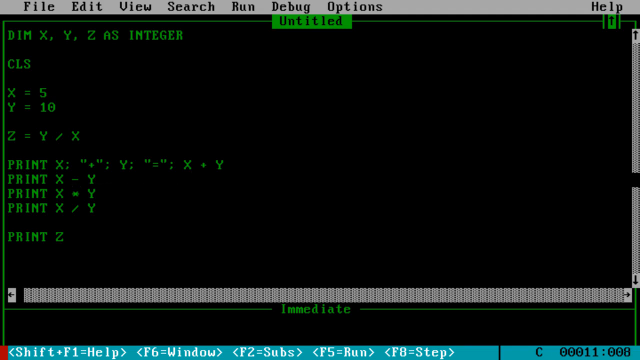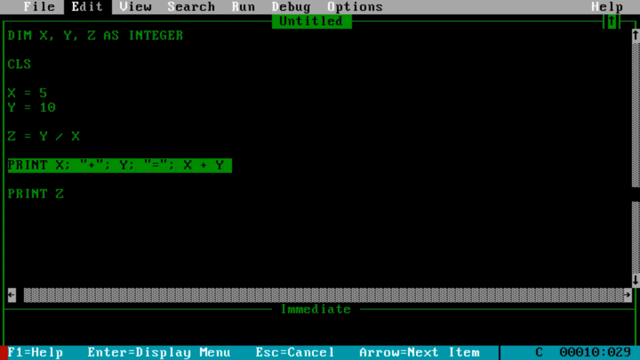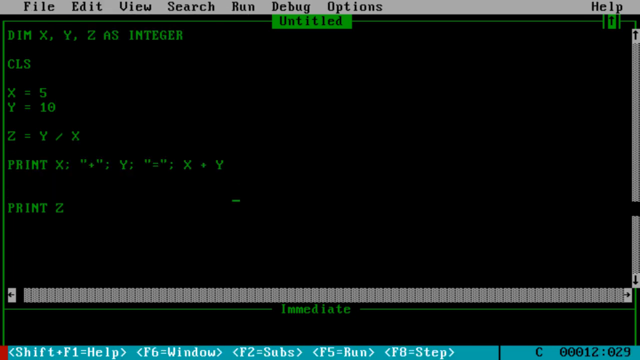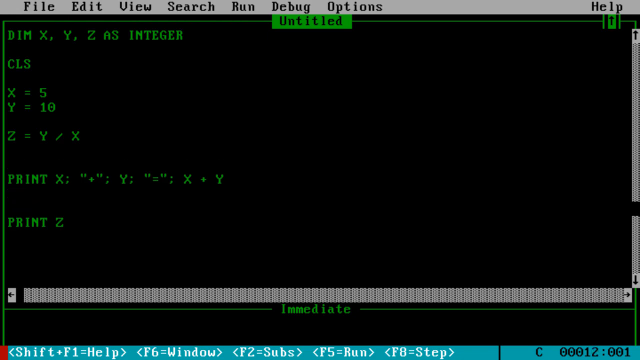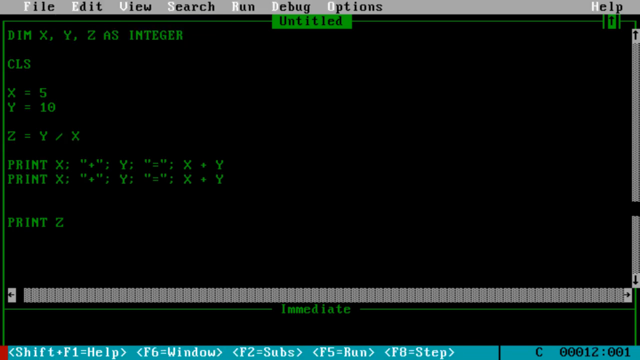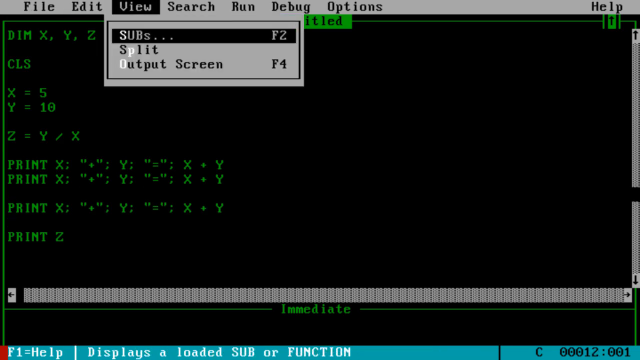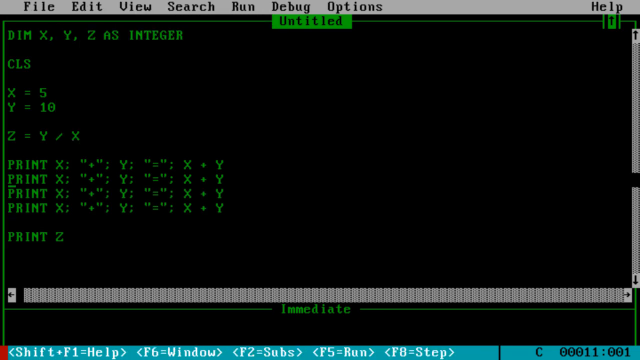As you can see here, we will also do x. We can actually copy this statement. We'll use the copy function. We highlight it, edit, copy, and now we can go ahead and, of course, paste, paste, and paste. All you have to do is just change the